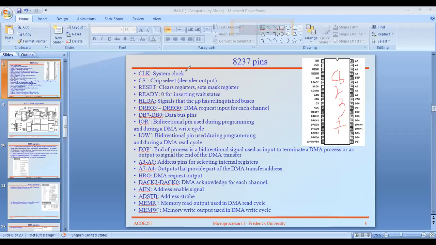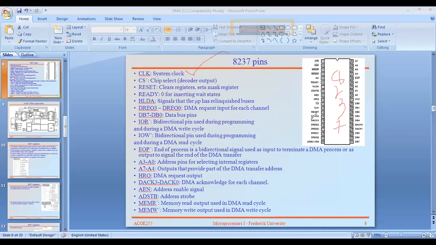In that case, the DMA acts as a slave. These peripheral devices are always used as slaves. That's why the 8237 clock signal comes from the processor master clock signal, which is called the system clock here.